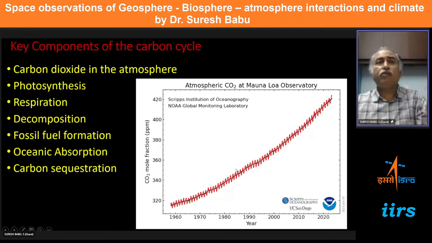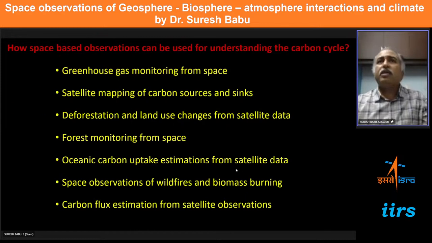It's very important to have space-based observations to understand it in a global way. And then the question comes: how can space-based observation be used for understanding this carbon cycle? The most important one is the monitoring of the greenhouse gases. While doing the greenhouse gas monitoring, we will see how much it has made the changes,